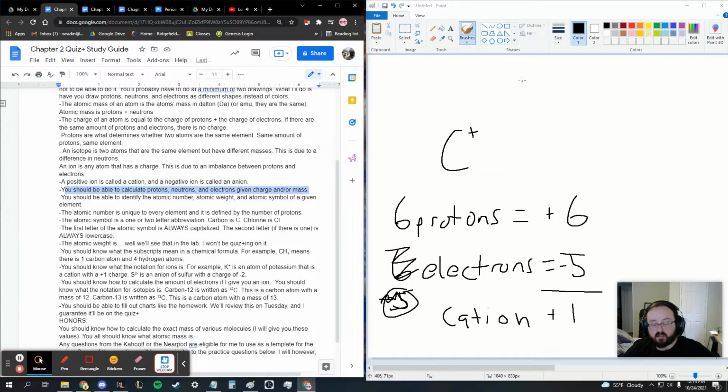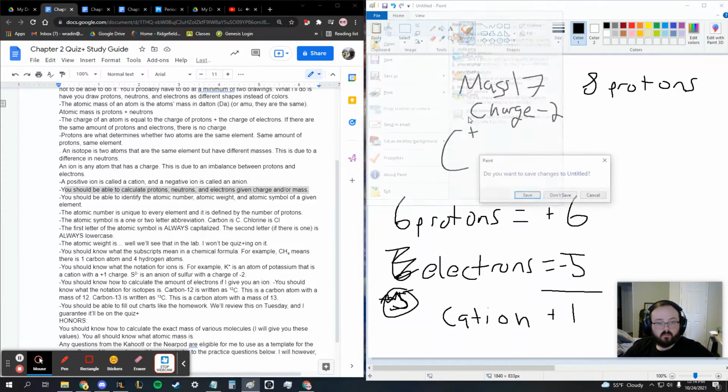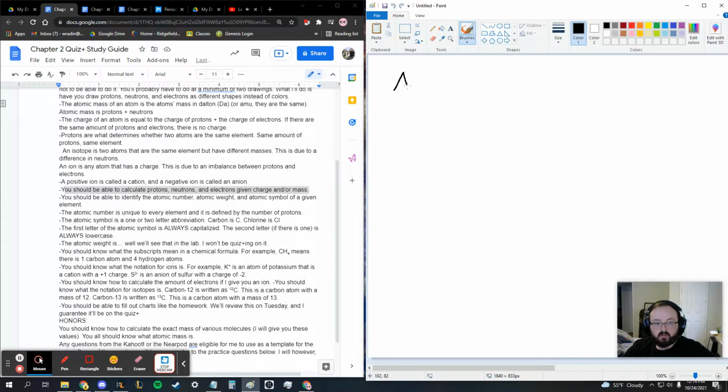If I say that something has a mass of 17 and has 8 protons and it has a charge of minus 2, this is enough information to fill out everything else. So I'm going to make a new one here. So we'll do mass of 17. We have charge